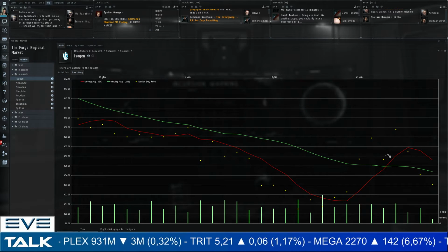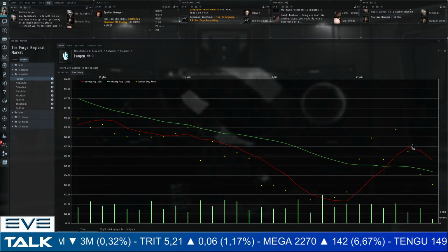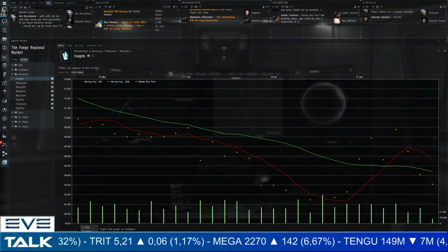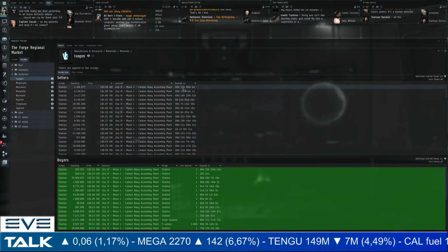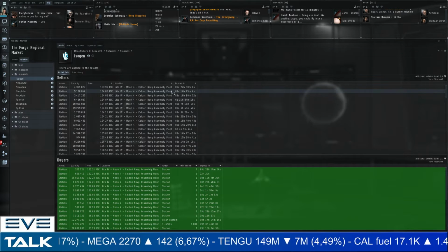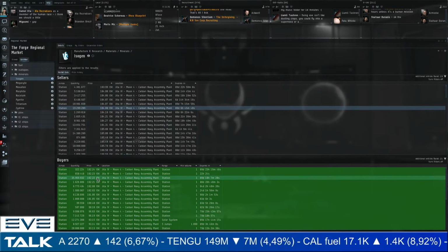With the isogen, very similar, hitting a very low bottom of 101, trying to go back up, but you can see that we're already trending back down for isogen as well. Here's a 6-month chart, that doesn't look that good either. And supply demand here, let's take a look. There's some recent ones all over the place, which is kind of weird. You're still getting 10 and 20 million here, but 35 million is at